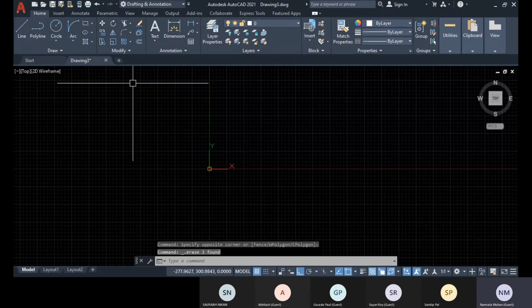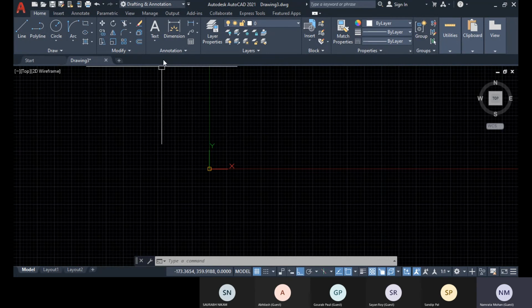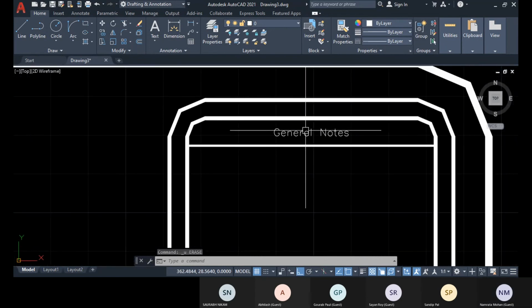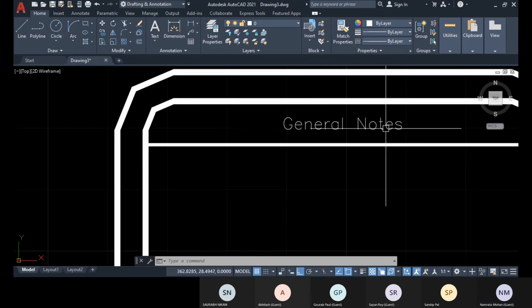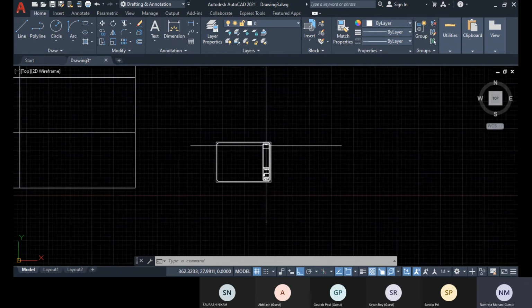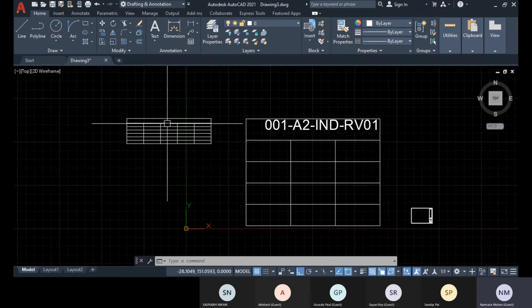So I had a doubt. Yes. So now the next text will be in that attribute, or we have to mention it again? See, if that is fixed, like you have seen this option within this general notes, this general note is written, right? So that will not be variable. That is fixed. No, I'm asking you about the table you made. Yes, okay. Go on. The table you made there, not this one. Yes, I understood. So now in the next, this block, if I have to write this one, or this one.